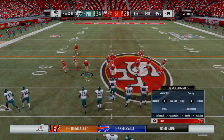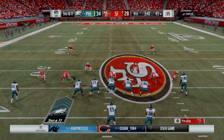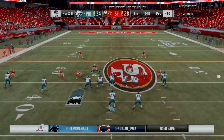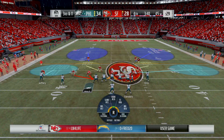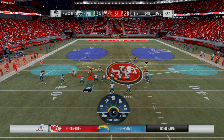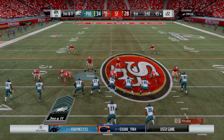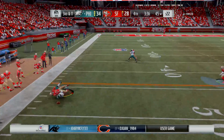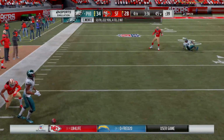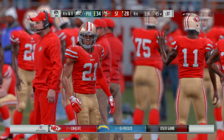Possibly a turning point. Big play coming. This is 3rd and long. Working from the gun, Wentz. And that is incomplete. So he can't hang on,